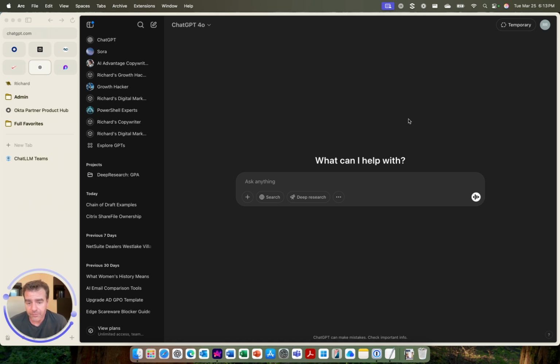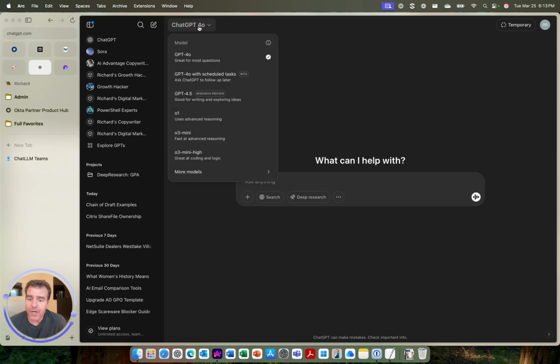So here's one of our favorite tools, as you know, ChatGPT. And when you go to ChatGPT and you click the drop down, you have models to choose from. This is the model picker. And these basic models, the GPT-4o, were the first ones introduced, and it's single shot. You ask a particular question, and it comes back with the answer. Boom, that's it. These other ones with the letter O are reasoning models,